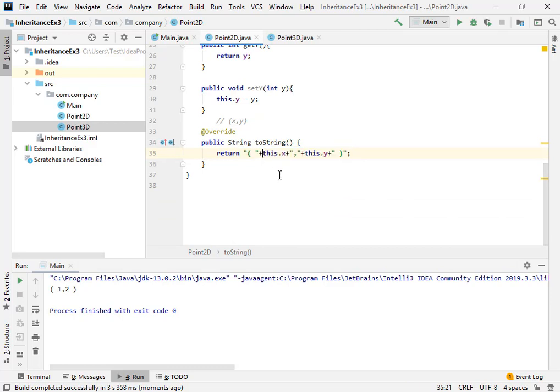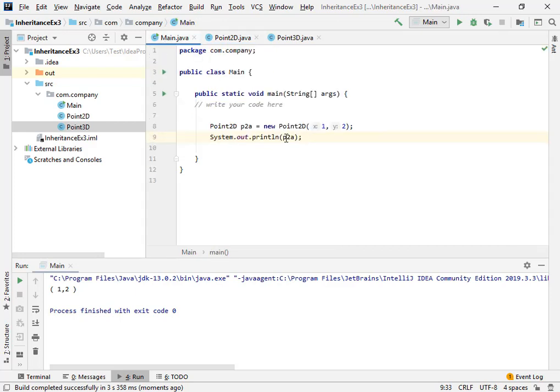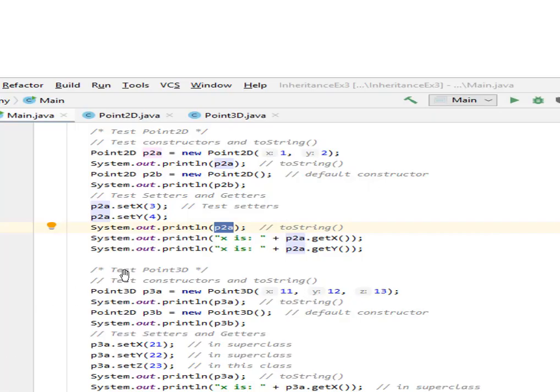We're going to say x equal to, and y equal to, so that we can understand which value belongs to x and which value belongs to y. Alright, if I execute this again, you can see we have x is equal to 1, y is equal to 2.